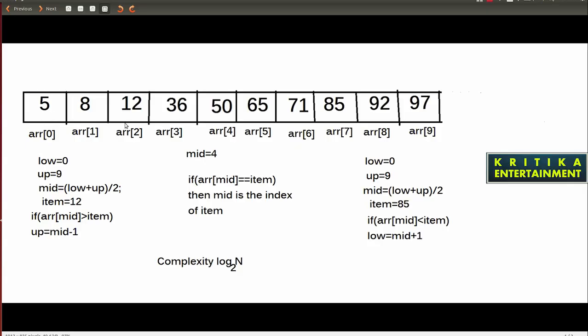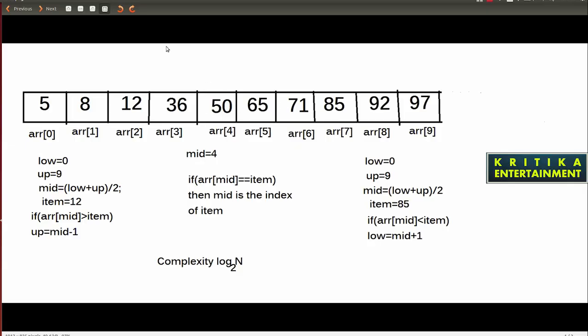So then my up will be updated. Last time my up was array index 9, but now my up will be between 5 to 50. So 50 is already used, so 50 will be ignored.